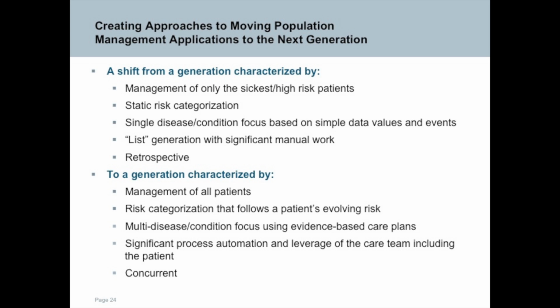We're going to move to a generation where we manage everybody, because somebody who's a middle-aged guy like me may be on the edge of being a high-risk patient if we're not careful. So we've got to manage everybody. And obviously you want to keep the 25-year-old in lifelong habits that mitigate the risk that they will ever incur some of the maladies that afflict people who are much older. We want to make sure we can manage risk according to conformance to the plan. We can put multiple populations together into an integrated plan, both for the patient but also for the caregiver.